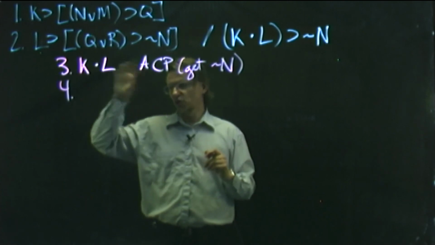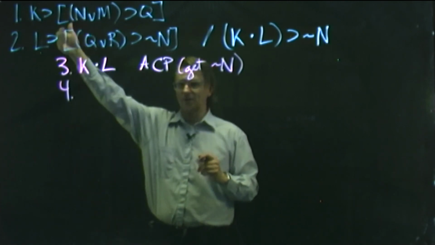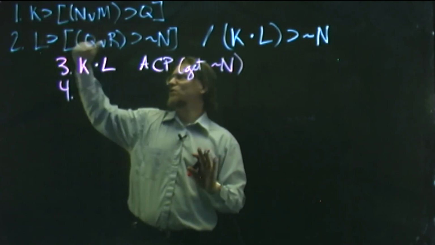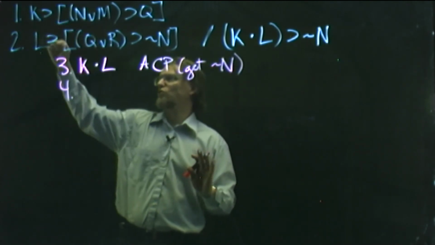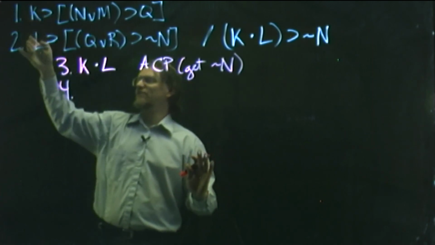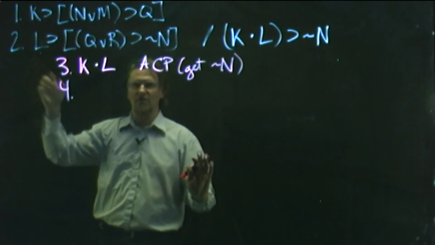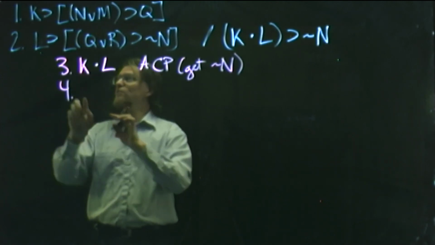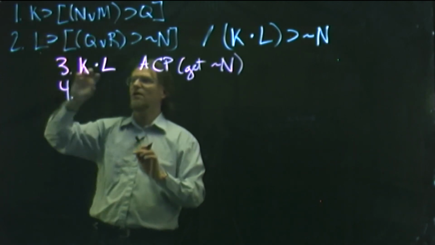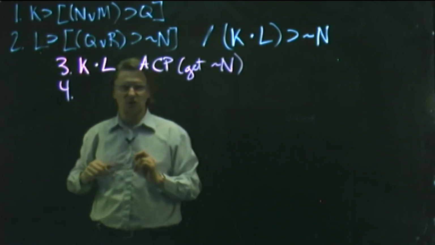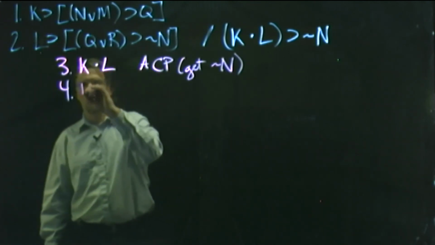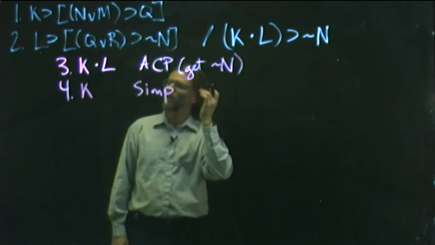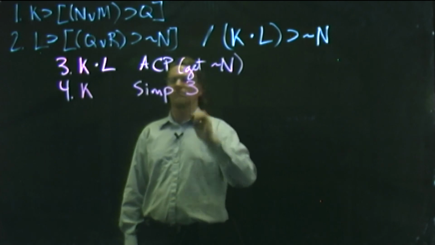As you know, I want to use my assumption right away if I can with these other premises that I'm dealing with. And I hope we can all notice right away that the main operator of these two premises would be the horseshoe in each case, and the antecedent of each is the K here and the L there. In other words, if we can break down this K dot L, we'll be able to use the K with number 1, and the L with number 2 as a modus ponens. So, simp number 3,